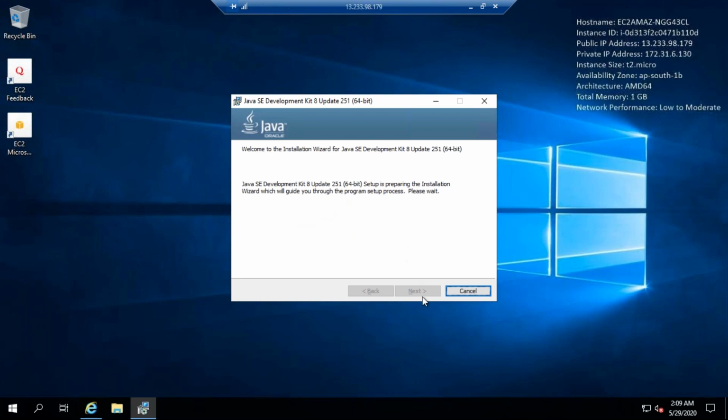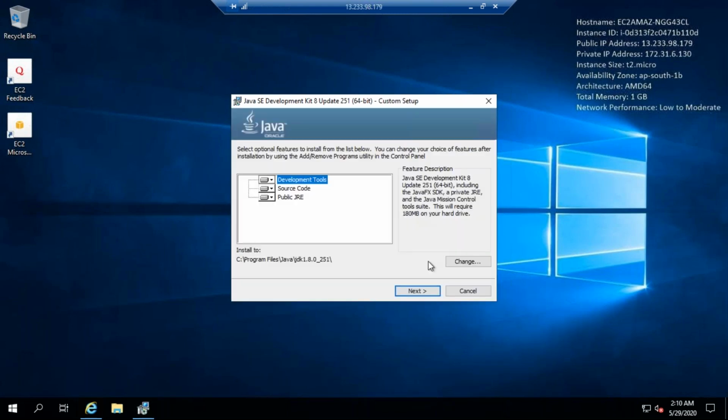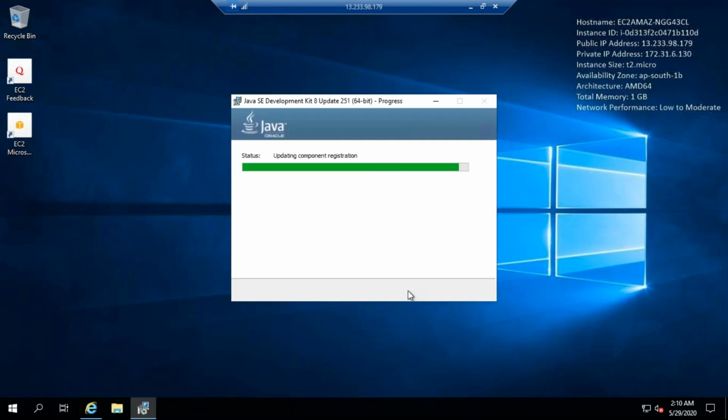Just wait a while so that this button will be enabled. Java SE Development Kit 8 update 51 setup. Click next.